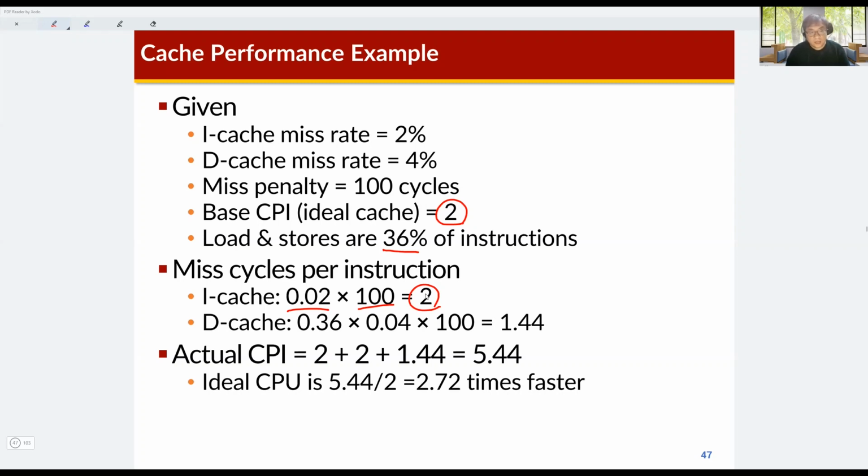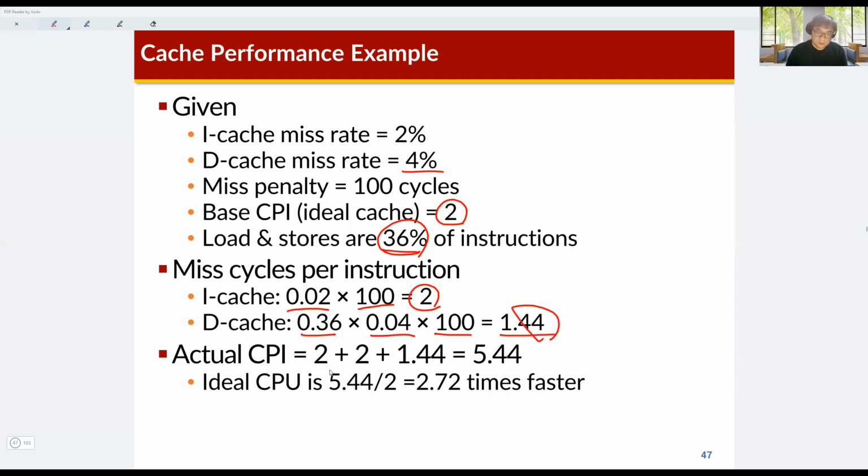The data cache is only accessed by memory instructions like store and load instructions. The percentage of store and load instructions is 36% of total instructions, so we need to use this fraction for memory instructions, 0.36. And then this is the miss rate for the data cache, 0.04, and then this is the miss penalty. So the wasted cycles by data cache misses is